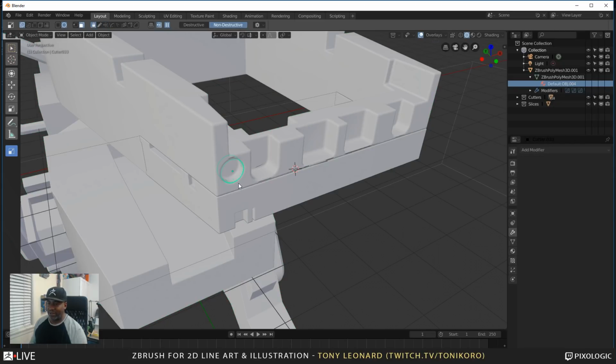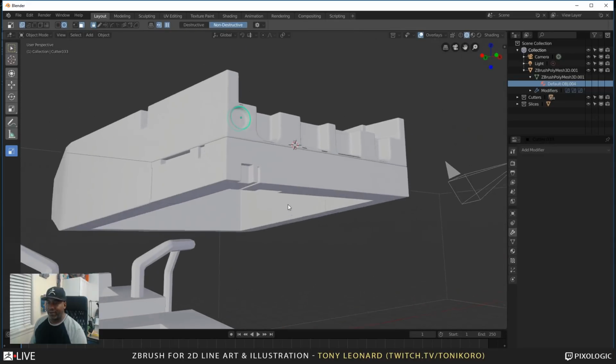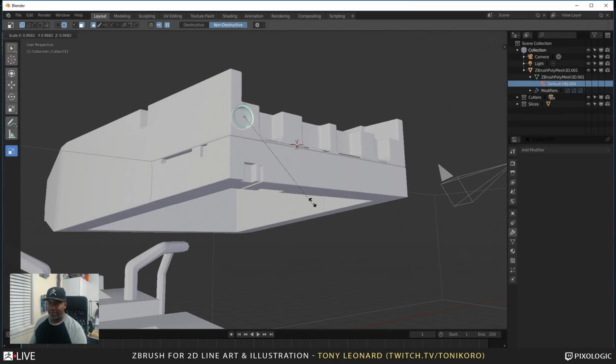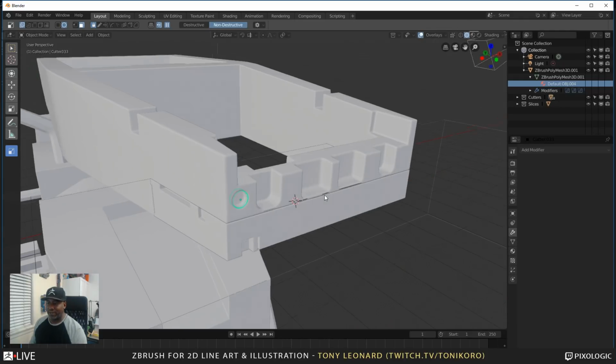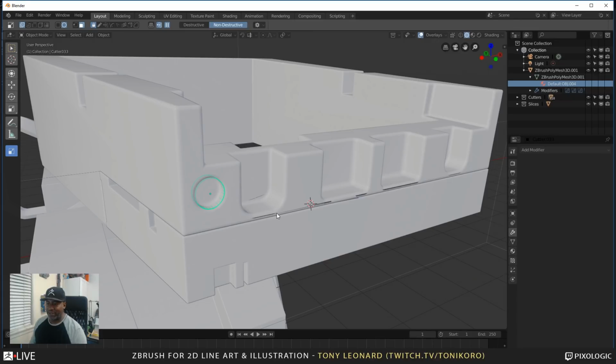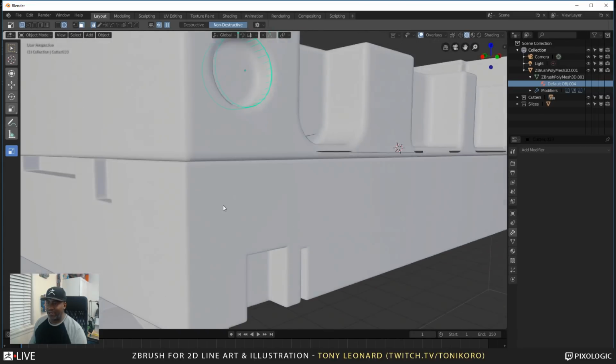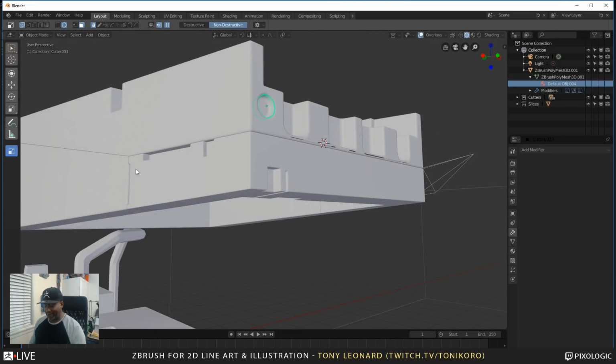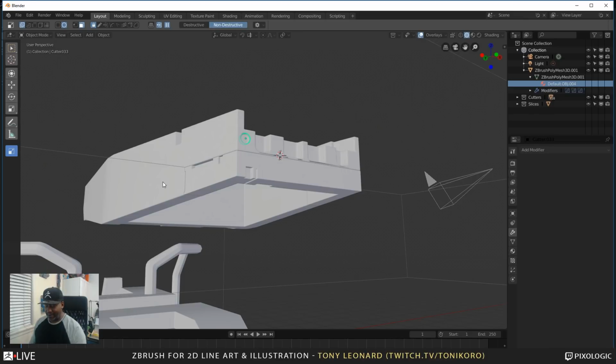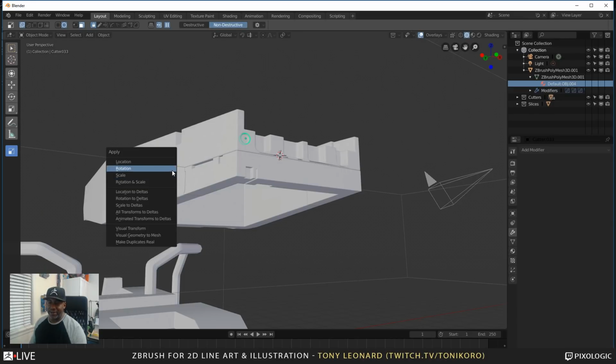to hit shift and click it to apply it, and then hit S to scale it back down, because the closer I get to those edges, you see that it was sort of starting to break the mesh a little bit. So I have to be careful for certain spots like that. Maybe the bevel might be too wide and it'll make some of the shading on the faces look a little janky. So I'm just gonna try to be careful of that, but I'll come back and I'll fix the beveling